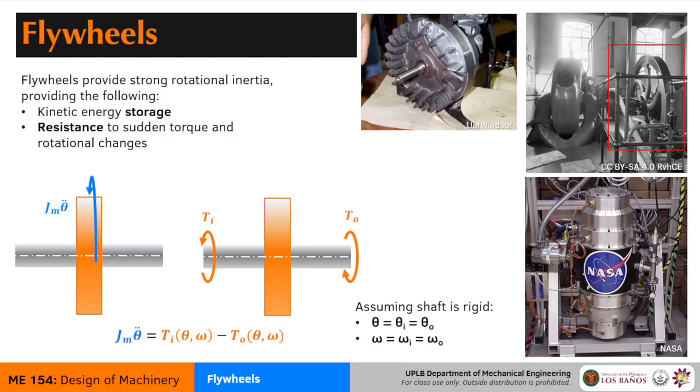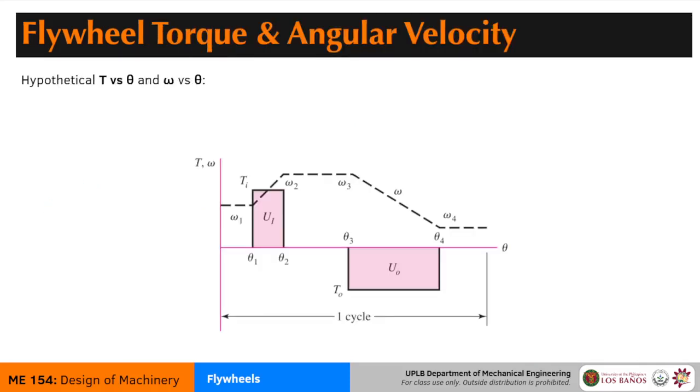All right. Let's examine the profile of a flywheel under some uneven operation. Flywheels typically see service in these kinds of applications. There are two curves here on this graph. There is one for the torque, which is the solid line here, and there is the dashed line for the angular velocity. Let's look at the torque part of the graph first. As you can see here, this entire graph is implying that this cycle repeats.